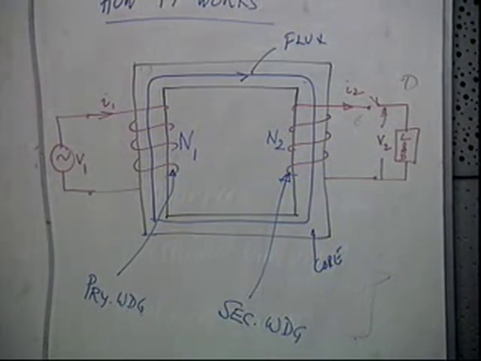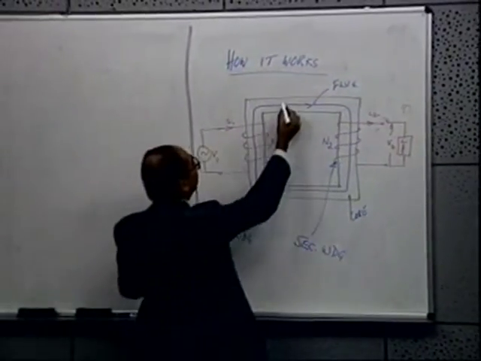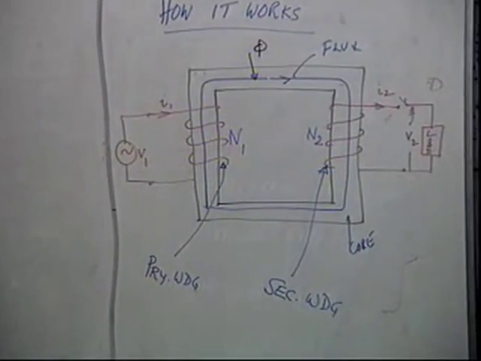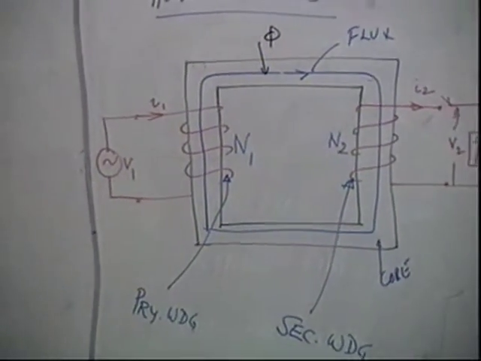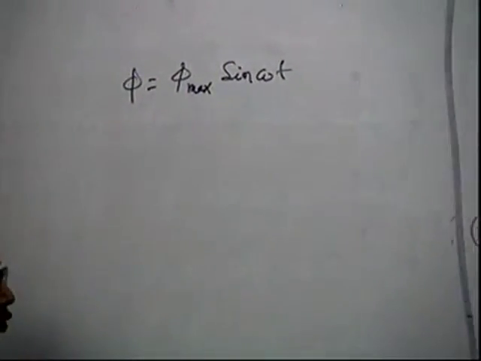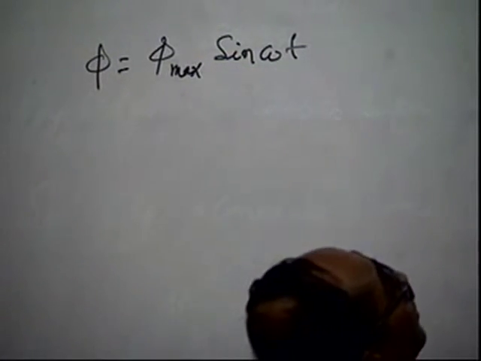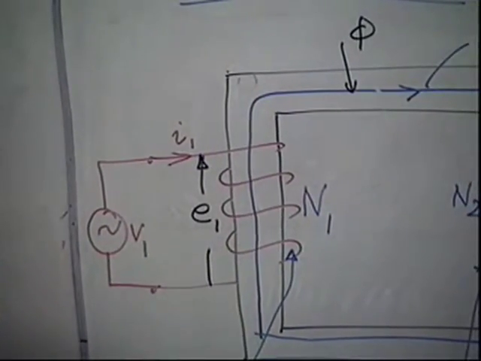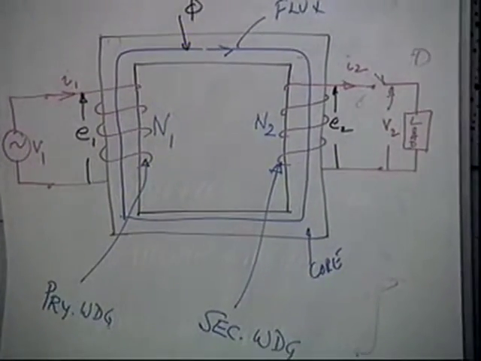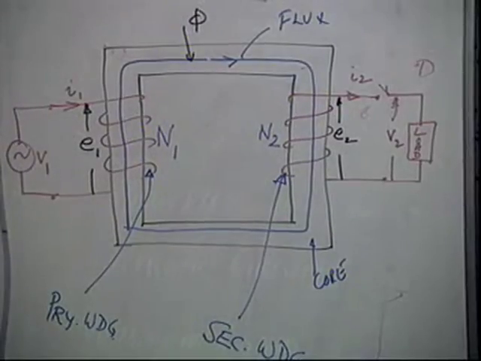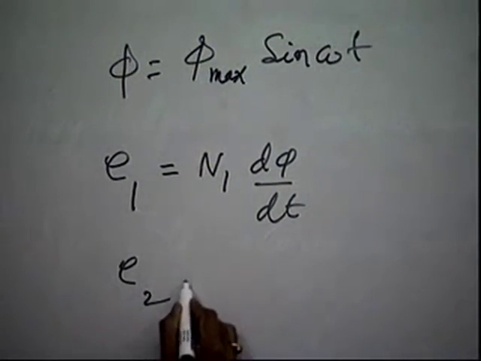Okay. Now, a basic function of the transformer: you will notice there is a flux, let us say phi. Phi is phi max sin omega t, the flux which is linking both the primary and secondary, and it induces a voltage E1 in the primary and also induces a voltage E2 in the secondary. The voltage E1 that will be induced will be N1 d phi by dt, and E2 will be N2 d phi by dt